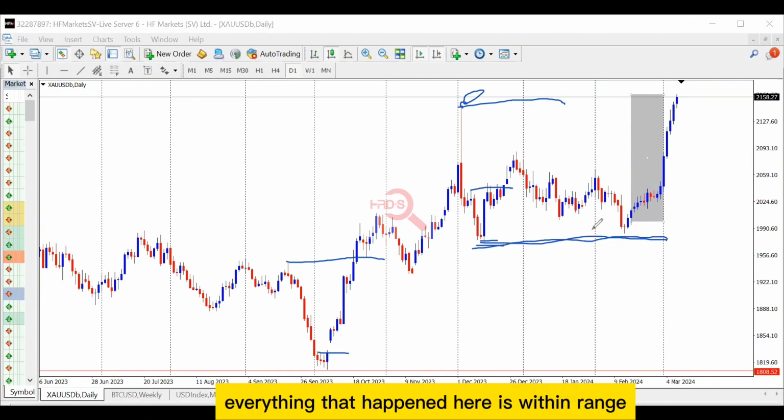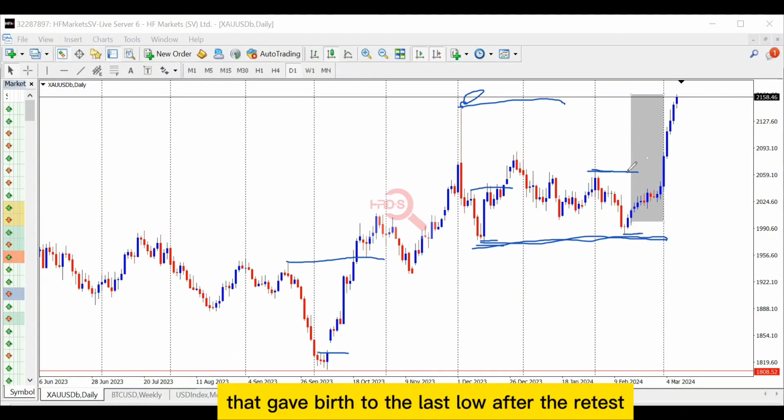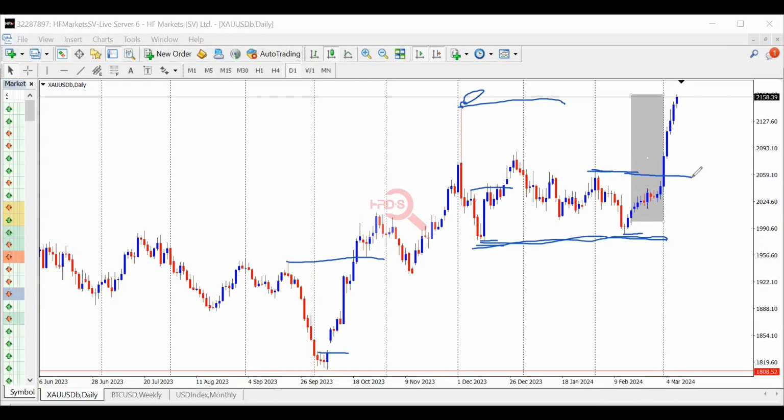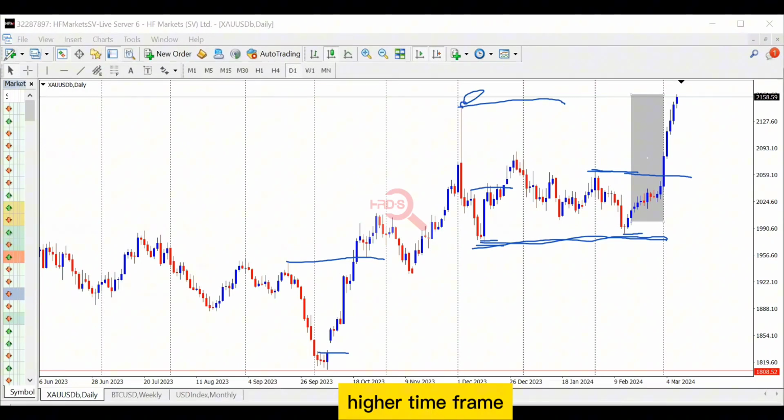So everything that happened here is within range, but then all of a sudden, we noticed a breakout above this. Now, this was the high that gave birth to the last low after the retest, and we saw the market go above it. We can see from a daily time frame perspective that we are in an uptrend. If I'm not trading daily time frame, I will move down to 4 hours time frame. Now, I am understanding and aligning my thoughts to what is happening from higher time frame perspective. So let's move over to